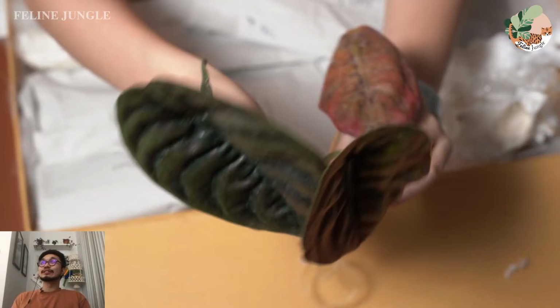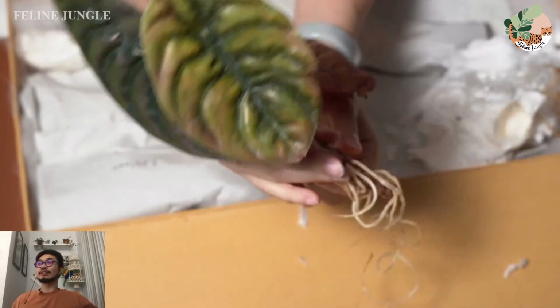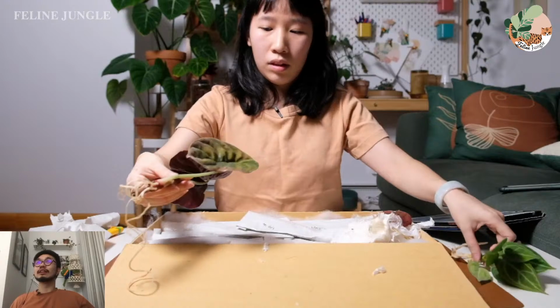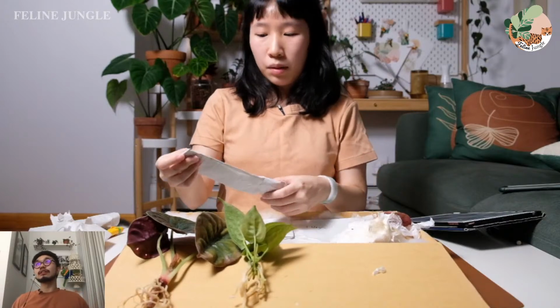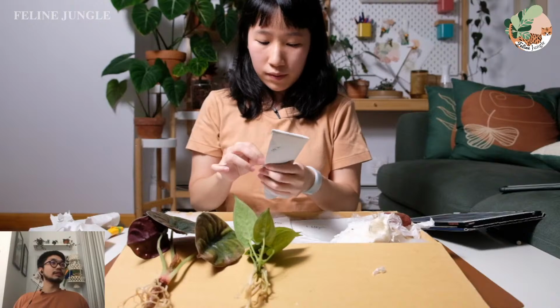Let me just take off this leaf. So yeah, depending on where you are, $45 is a deal. I'll probably put this one in LECA. We'll see. Okay, so far we unboxed 2 plants. They both look pretty good. Next one is